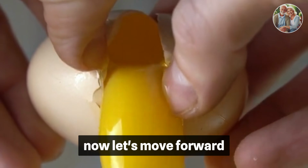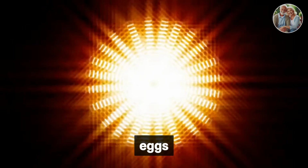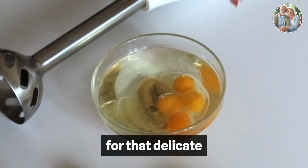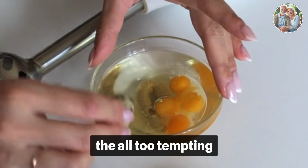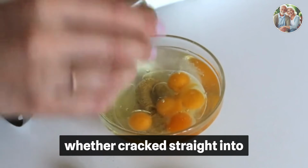Now, let's move forward. Number 3. Gobbling undercooked or raw eggs. Brace yourself for the revelation that could fundamentally reshape your long-standing affection for that delicate, soft-boiled egg ceremony each dawn with number 3, the all-too-tempting practice of devouring raw eggs in their pristine, unadorned state, whether cracked straight into a